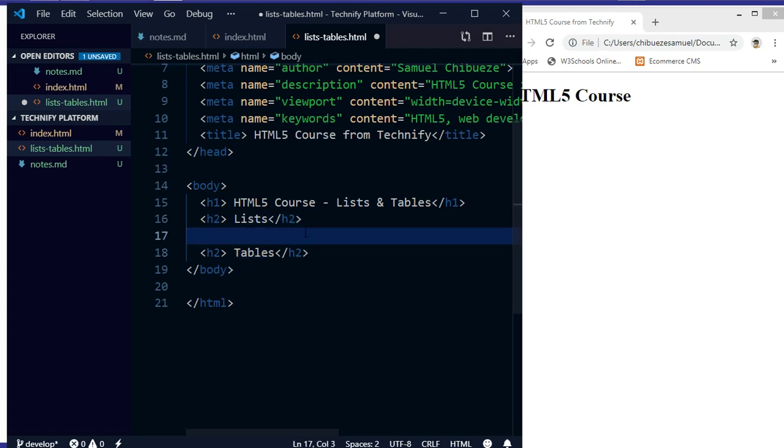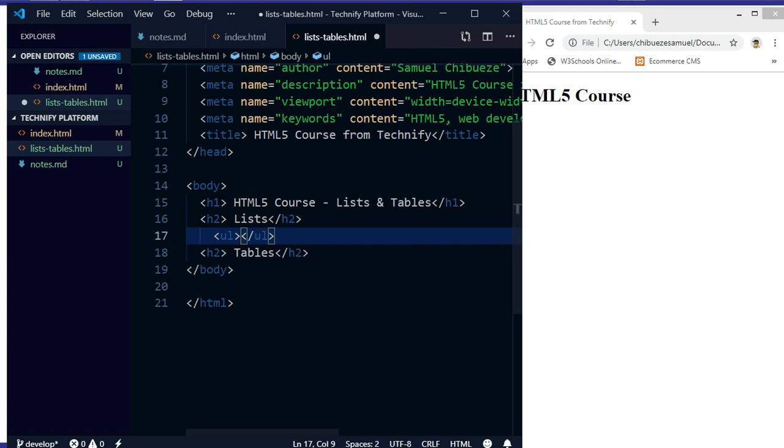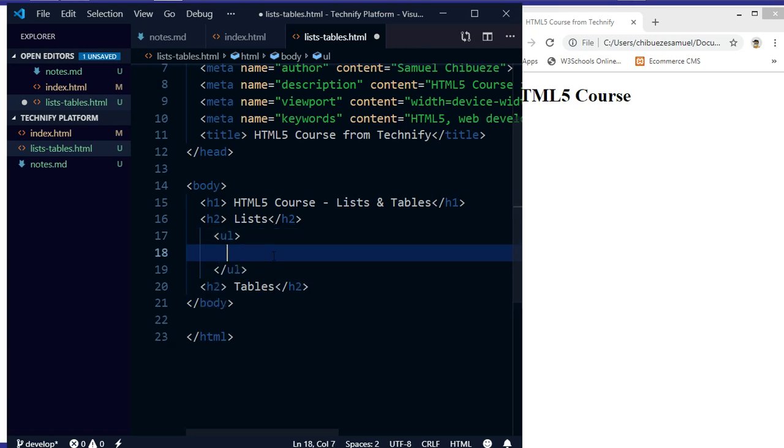So basically I will talk about three kinds of lists. The first one is the unordered list. So unordered list, we mark it with a UL tag. So I have my UL tag, and UL stands for unordered list. Inside this UL tag, each list is a list item, so I will wrap it in an li tag. Maybe I want to make a list of, let's say, ingredients. Let me say salt. The ingredient for this meal is salt,